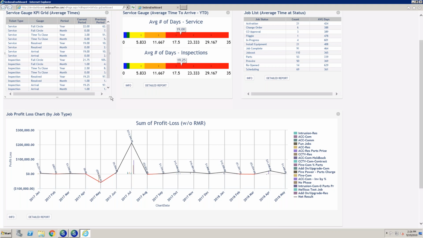Another example of that is this KPI chart that I have up here in the corner. You'll see current period and previous period. So that's an example of that apples to apples. If I'm doing a monthly view, I'm looking at the current month and last month. But if I'm doing a year view, I'm looking at the current year to last year. So I can see that we've made some massive improvements in closing our tickets. Obviously, this is all fake data, but